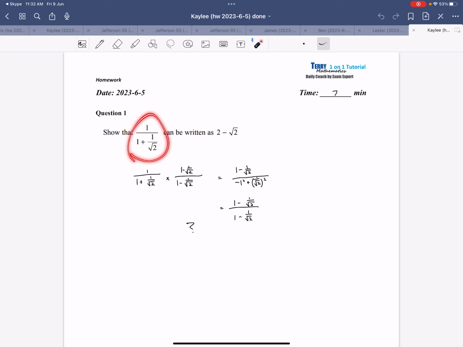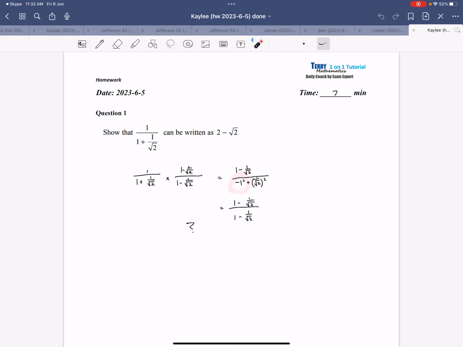The question required us to change this one into this form. Any difference? In the final form, there's no denominator here, so we need to remove this denominator. In the first step, you try to use a plus b and a minus b. Okay. After doing this,